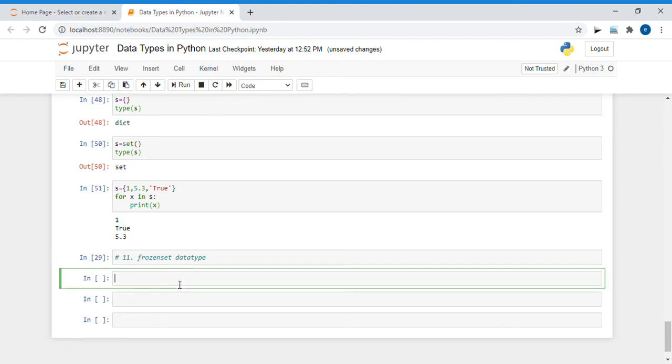Now let's discuss the frozen set data type. So what is frozen set data type? It is very similar to set data type. The only difference is that it is immutable.